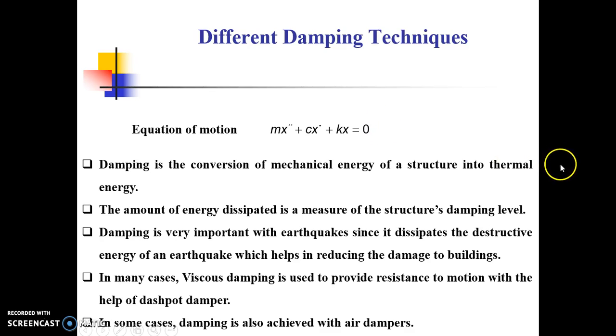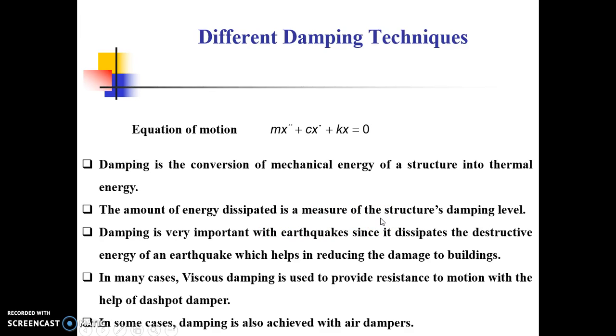So it can be done in the form of conversion of mechanical energy of a structure into thermal energy, or otherwise in other cases we can also do the energy dissipation, which is also measured as